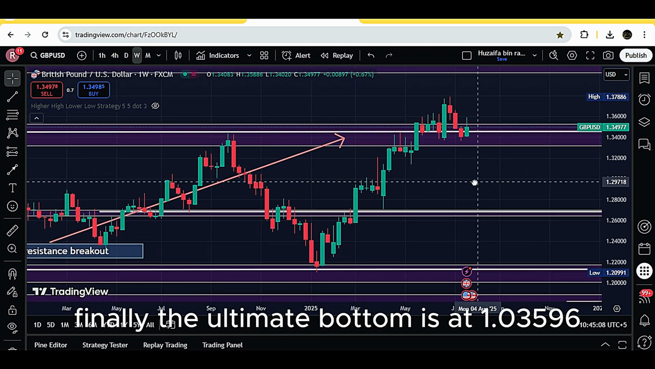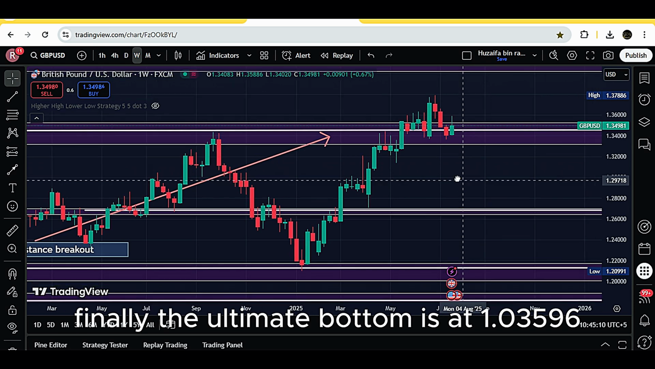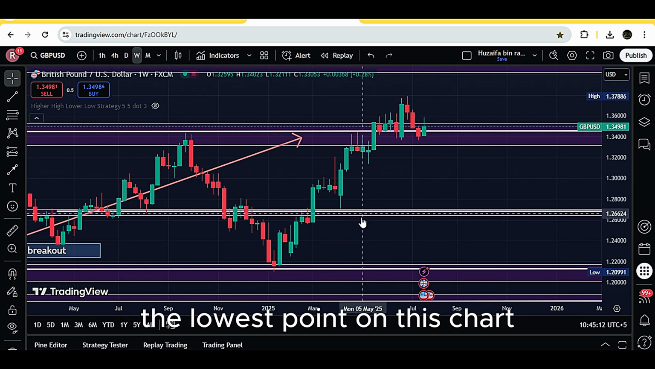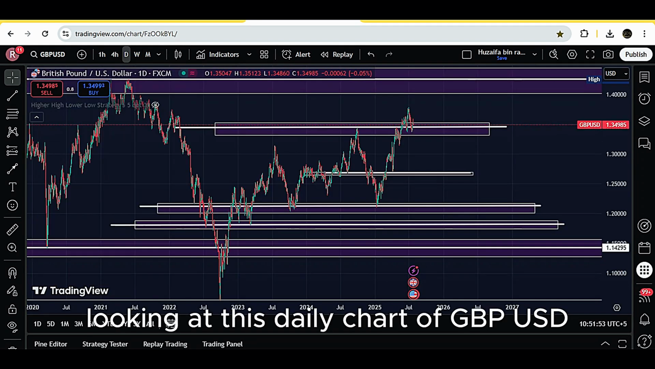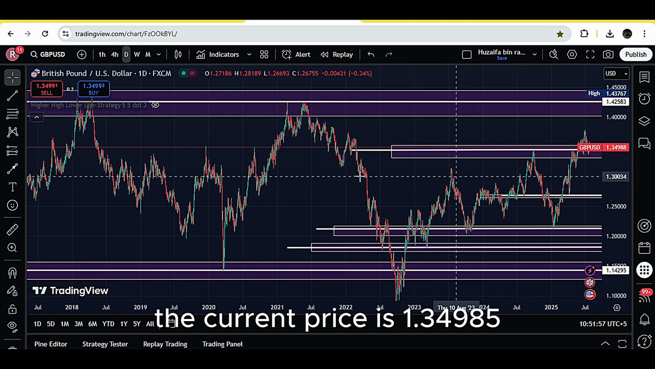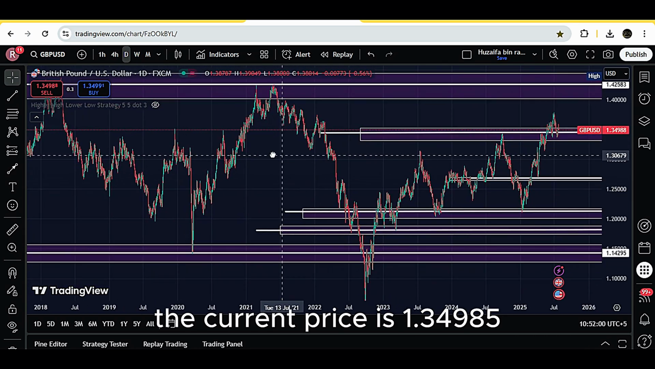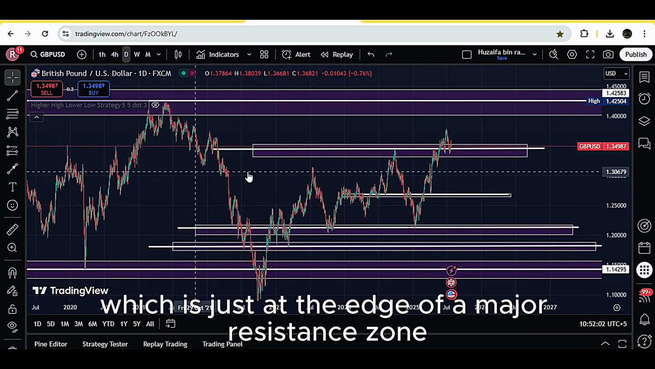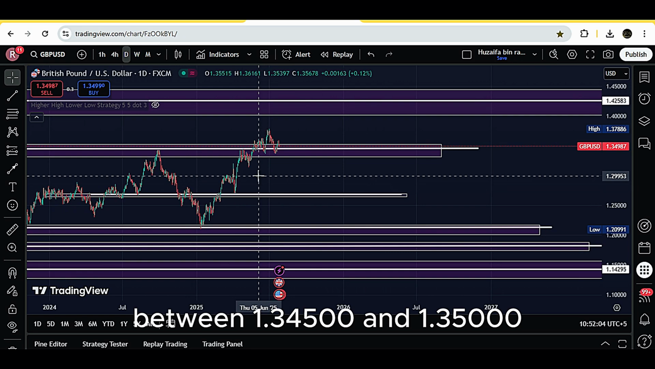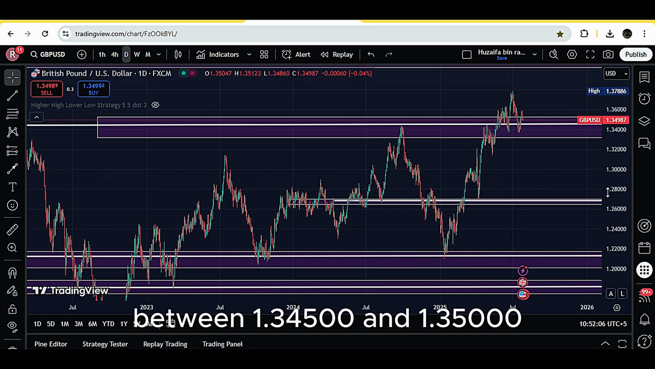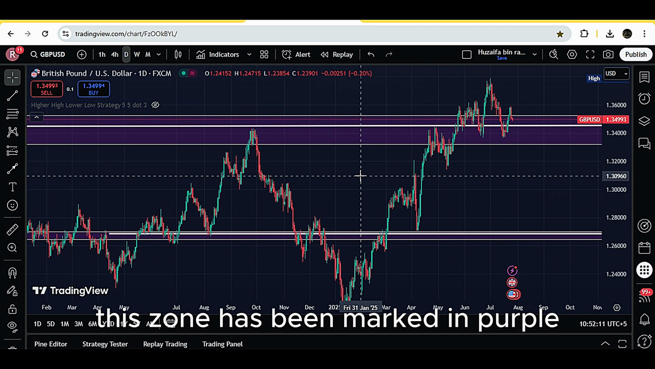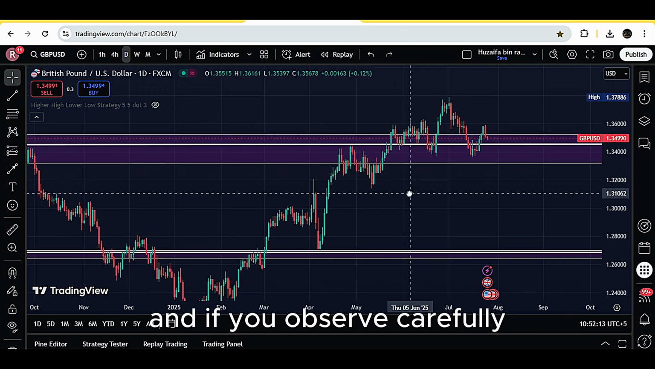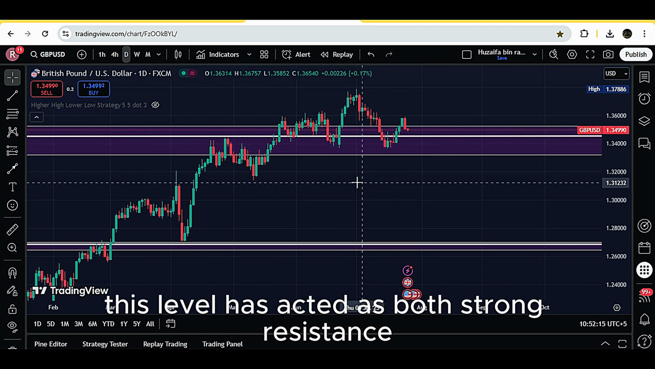Finally, the ultimate bottom is at 1.03596, the lowest point on this chart, representing a historically strong demand zone. Looking at this daily chart of GBP USD, the current price is 1.34985, which is just at the edge of a major resistance zone between 1.34500 and 1.35000. This zone has been marked in purple, and if you observe carefully, this level has acted as both strong